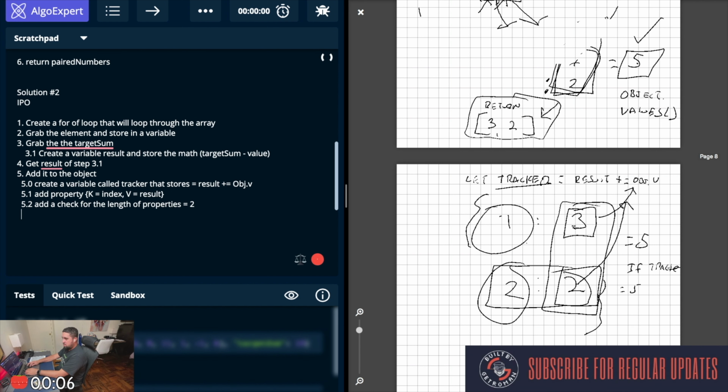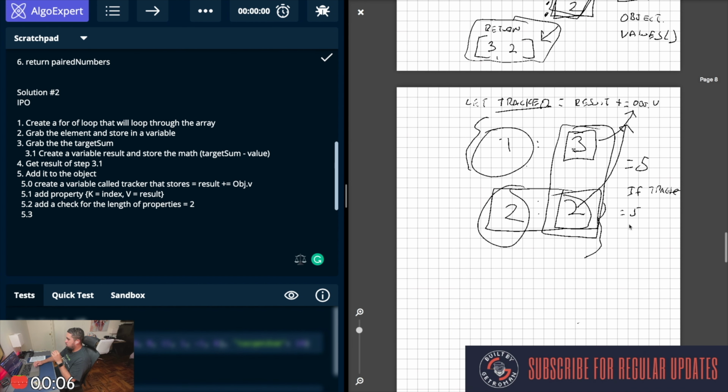Once we do that, 5.3, and then that's the 5.3 will be this part, and I'll stop there, right? It'll be, so if, so boom, if right here, if the tracker